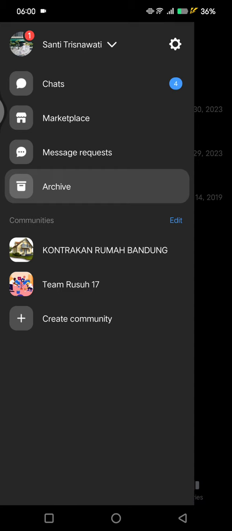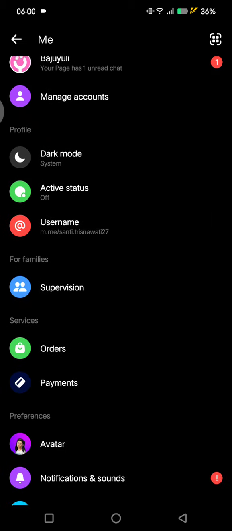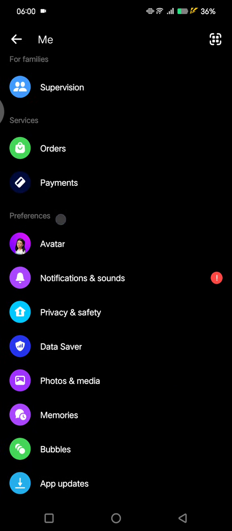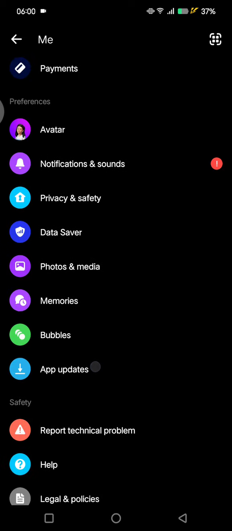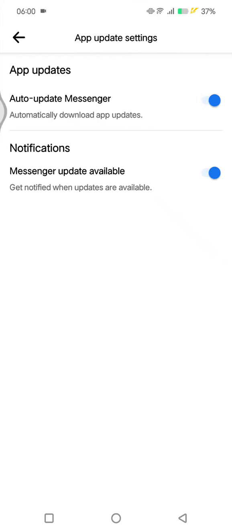After you open the Messenger app on your phone, you can just head to the settings. So click on the icon at the top right here. So this is the Messenger settings. You can just scroll down until you find the preferences section. At the bottom there will be this app update, so just hit on that, and you can see that the